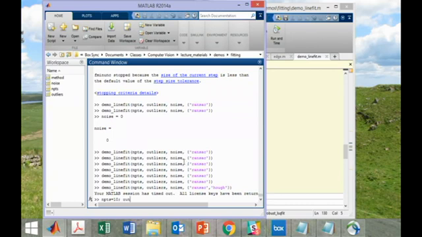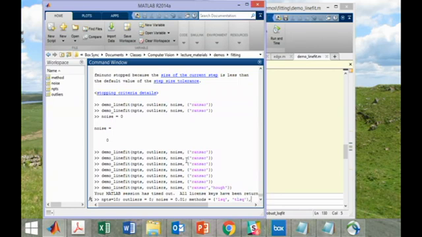Outliers equals 0 initially, noise equals 0.01, methods equals, let's do LSQ and total least squares,